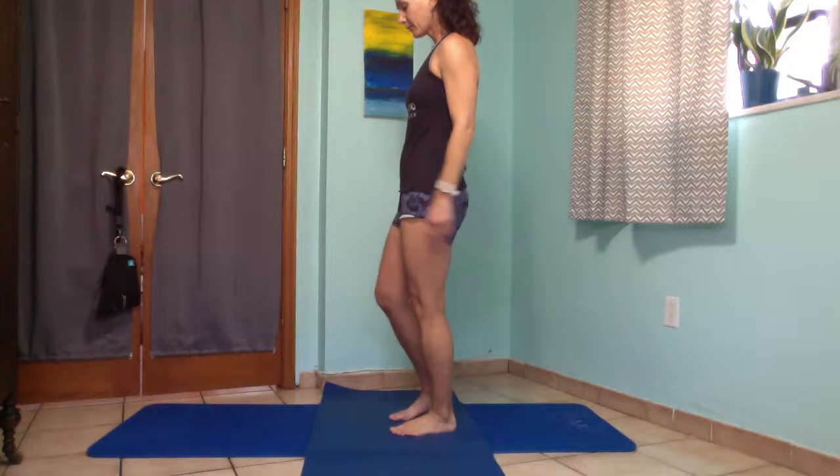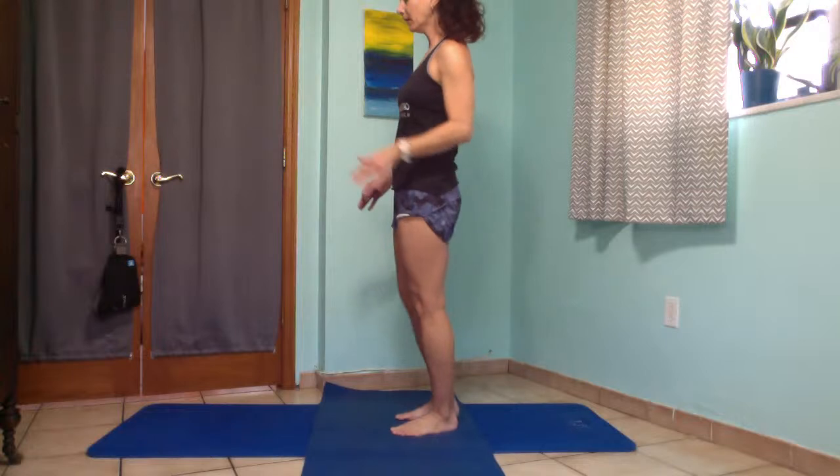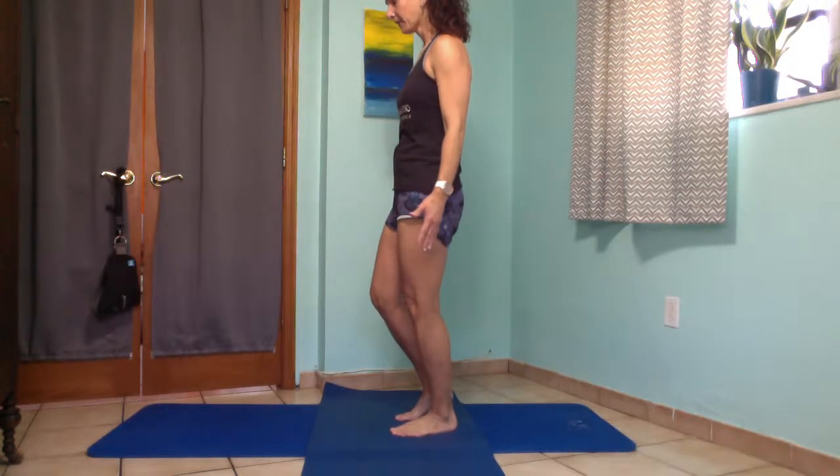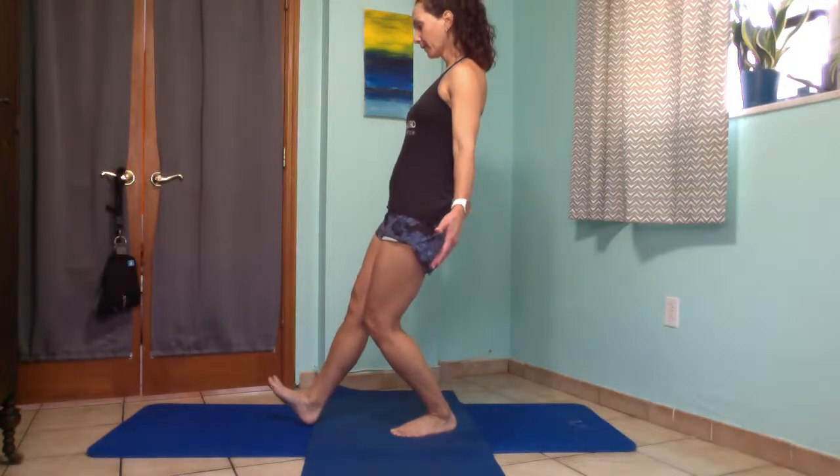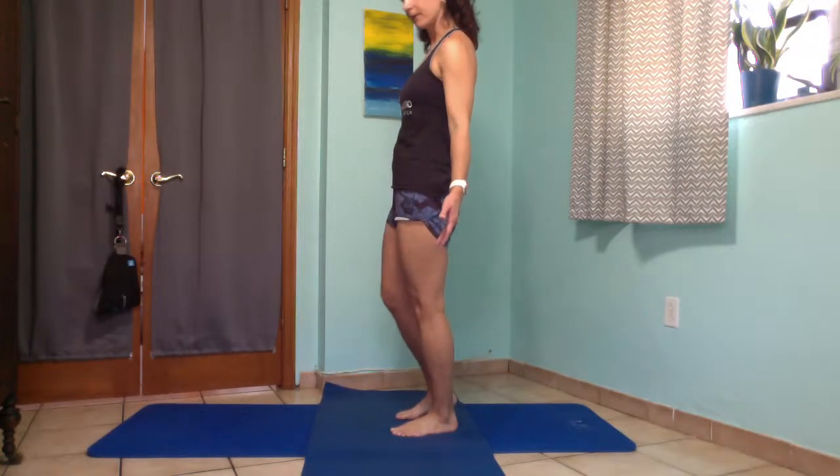So similar to the concept of what we just did, keeping the butt kind of squeezed and pushed forward. What you're going to do is angle the leg you're working out. Angle the foot out slightly. We want to target this area right here. So you're going to angle the foot out, and you're taking your body weight as if you're stepping downstairs, right? We're going to mimic that. So it's really important for the knee to go over the toe. So you're going to move forward and then up